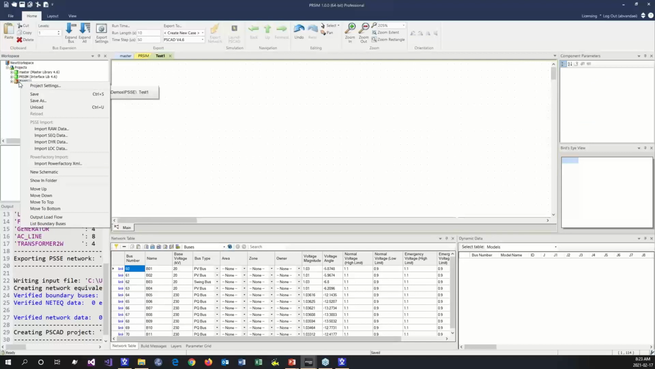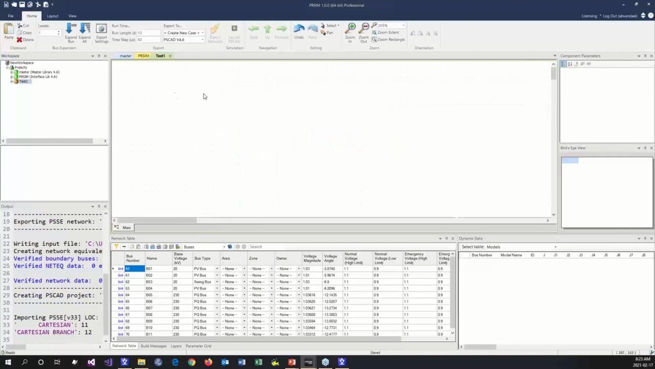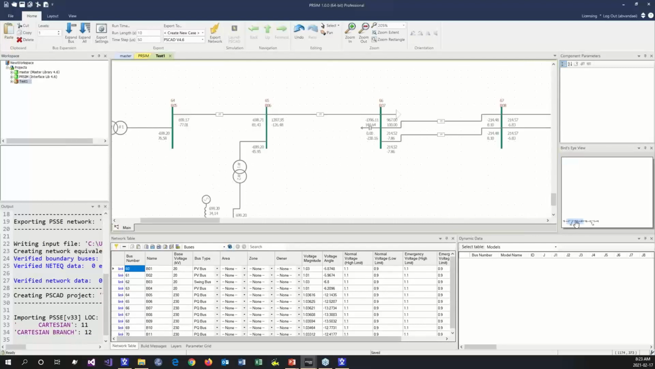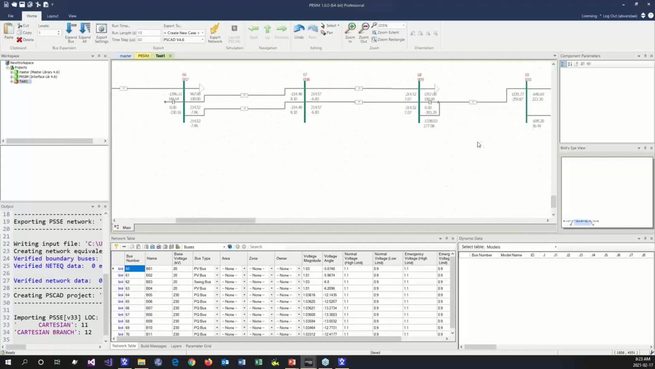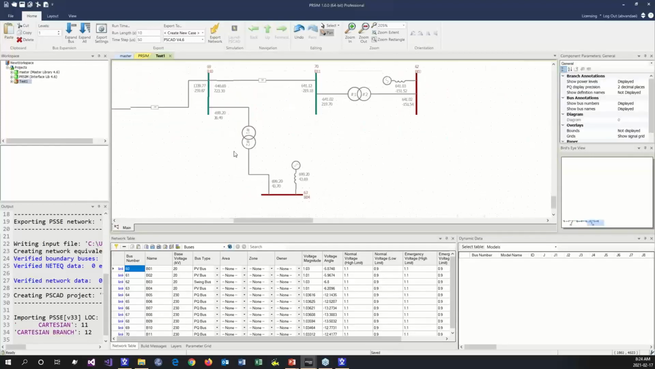Do a right click on your PRSIM case, and this time try to import the location data. We have already, from the SLD file in PSSE, exported the location information. We open it, and then we will select expand all. So based on that location file, PRSIM will identify where to place all these components, which are linked to that location file. And as you can see, with a single click and maybe very small modifications, we can easily have